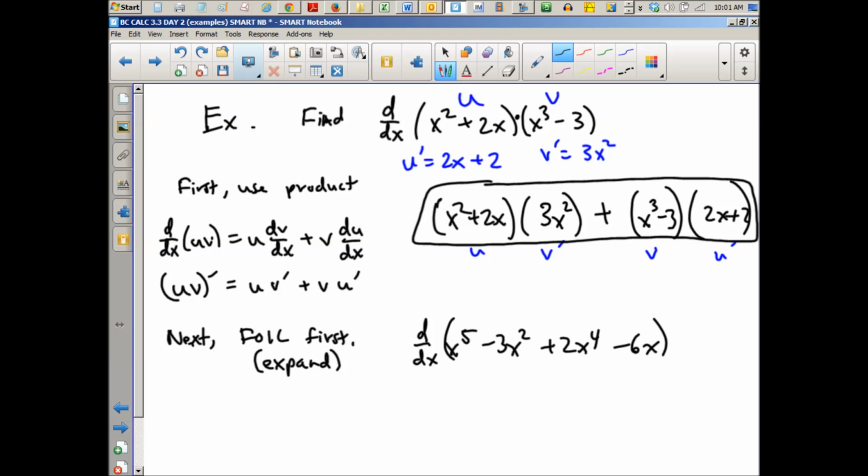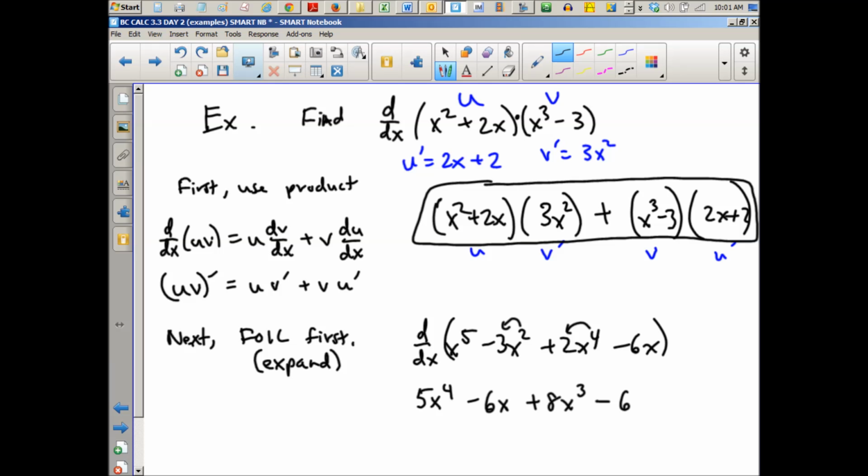Okay, now we don't need the product rule for this. This becomes more like my previous example, see? So we just do this in parts. First we do the x to the fifth, so that's 5x to the fourth. Next we do the 3x squared, which is going to bring the 2 down, it's going to become basically 6x to the first. This next term is going to be 8x to the third, and the derivative of negative 6x